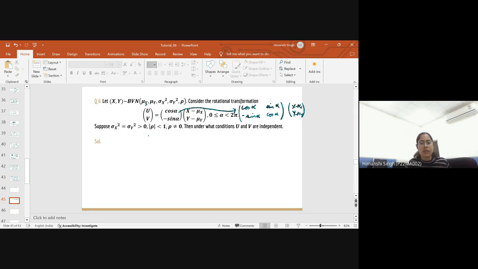Now suppose that sigma x square and sigma y square are greater than 0, and mod rho is less than 1, which are all obvious. So then under what condition are u and v independent? Now u and v are independent when, if the covariance of u comma v is 0, then u and v are independent. Now this is holding why? In general, this is not true because